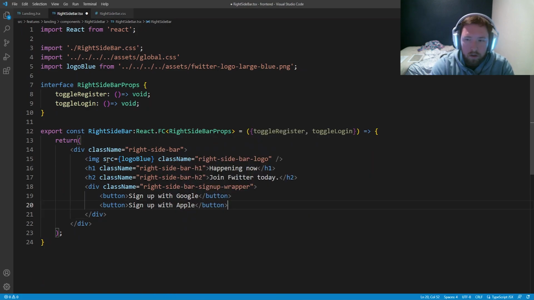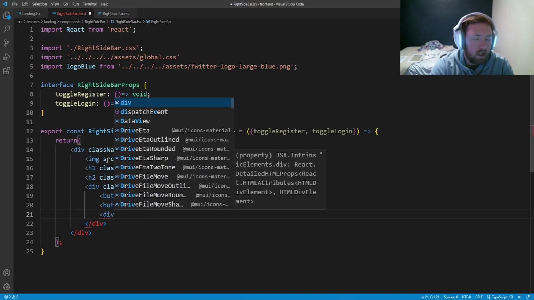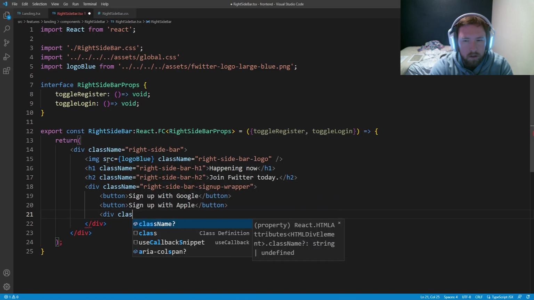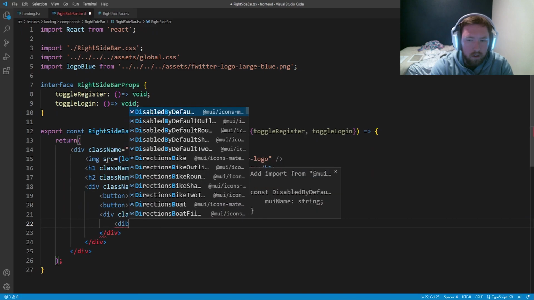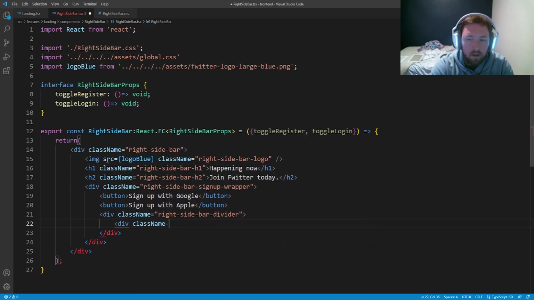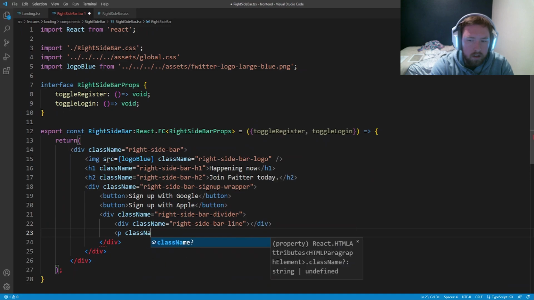And then we're going to have a div. And this one's kind of silly. This one has a line. So this can be a class name equal to right-side-bar-divider. And the divider is going to have a div with a class name equal to right-side-bar-line. And this is really silly, but we're going to have a P here, a class name equal to